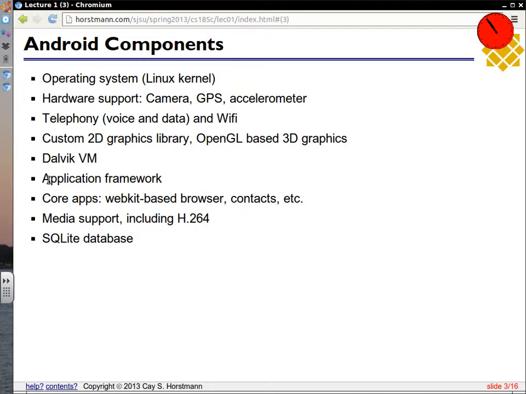There's media support, both audio and video, including H.264. That's a patented standard for presenting video. With audio, nowadays there's little issue in terms of open source audio. There may be some issues about MP3, but there's plenty of alternatives. Video is a nasty issue when it comes to an open source phone. One of the things about Android is it's completely open source, and people don't have to pay any license fees to anyone. And somehow, and I don't actually know how that works, H.264 and its related video algorithms are patented.